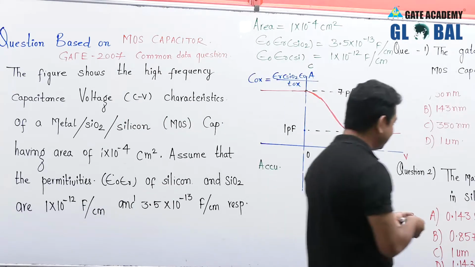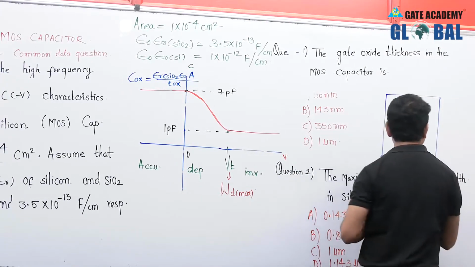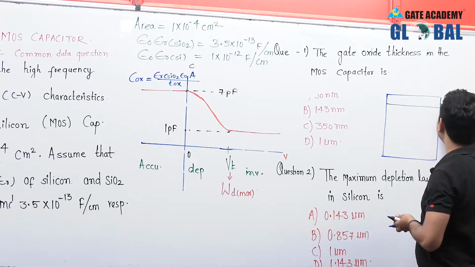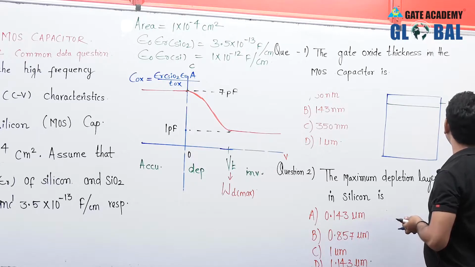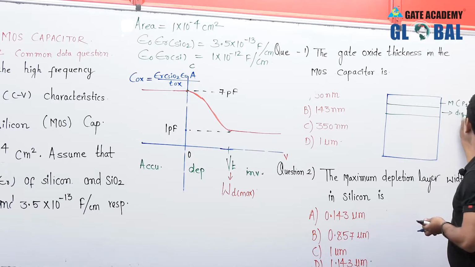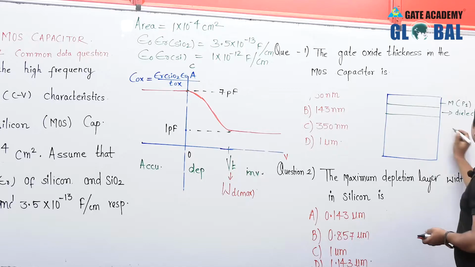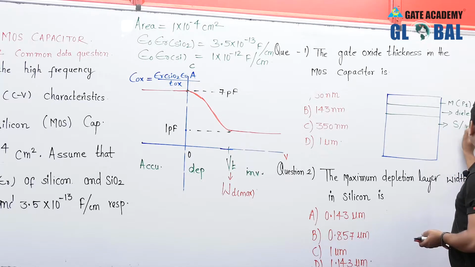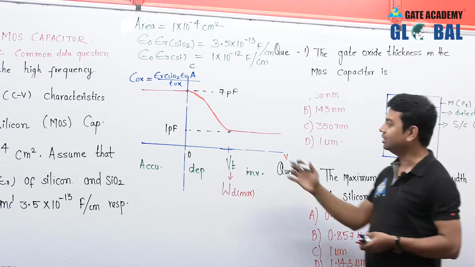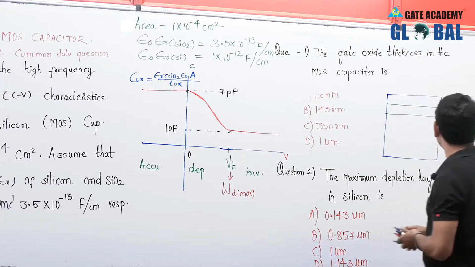So we have just designed one. Suppose this is the design or fabrication, and we have the first layer, that is the metal, which acts as plate 1, and the second layer which acts as dielectric. Here the dielectric in the accumulation region is silicon dioxide, and third we have the semiconductor, and this semiconductor is p type because this particular design is the same type which we used in the previous 3 lectures. So we have p type.